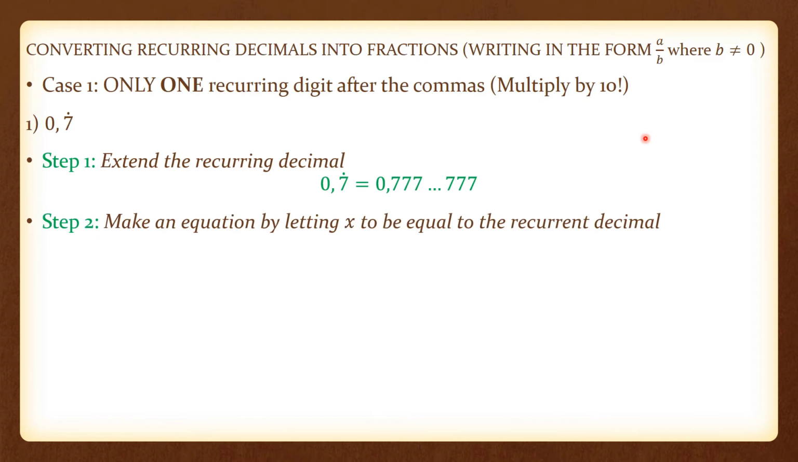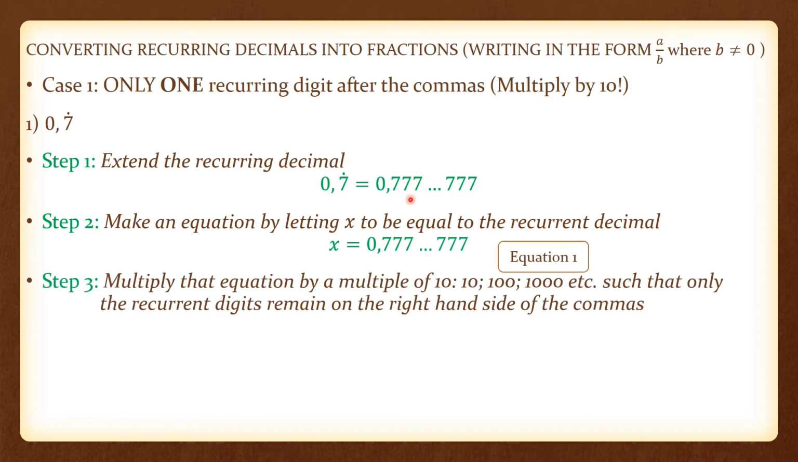Step 2, we're going to make an equation by letting x be equal to the recurrent decimal. So x equals 0.777, and we can call it equation 1. Step 3, multiply that equation by a multiple of 10. A multiple of 10 means 10, 100, 1000, etc., such that only the recurrent digits remain on the right hand side of the comma. To accomplish this, we only need to multiply by 10 because we only have one recurrent